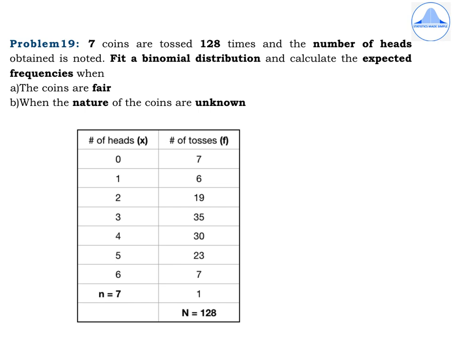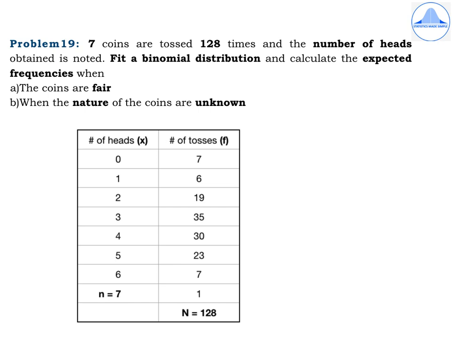Now the first step is, whenever you take down the table, mark the first column, that is number of heads in this case, as x. Now see the last value under this column. The last value is 7. Mark that as small n. The second column you mark as the frequencies, which is f, and when we add up all the frequencies in the second column, we get capital N equal to 128, which is as mentioned to you in the question.